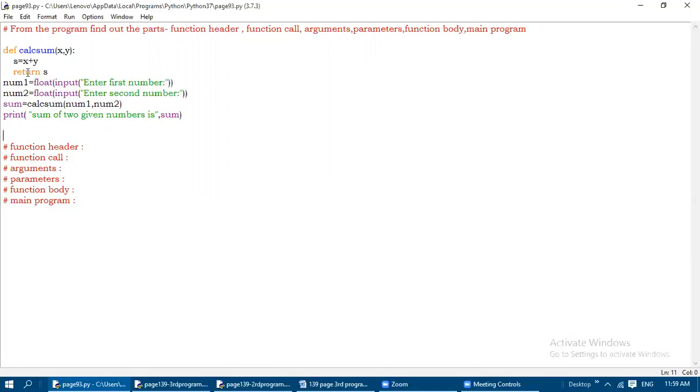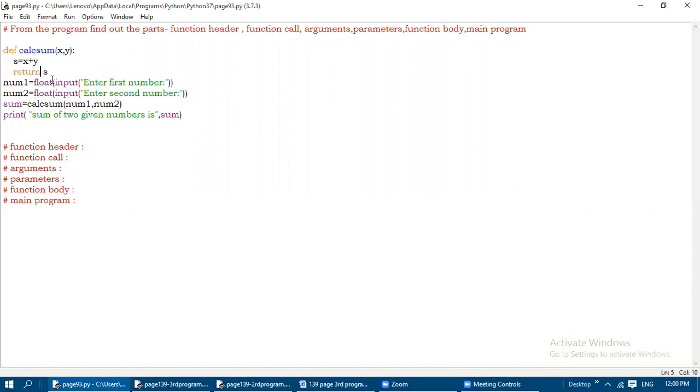Okay, so now you have understood this program. What will be the result of this program? If you pass values from the user for num1 and num2, for example 20 for num1 and 30 for num2, then 20 and 30 will be substituted here. That is, 20 will be substituted in the place of this num1 variable. So num1 and num2 are called variables here, and sum is also a variable, and x, y are also variables, s is also a variable. So now you need to identify.